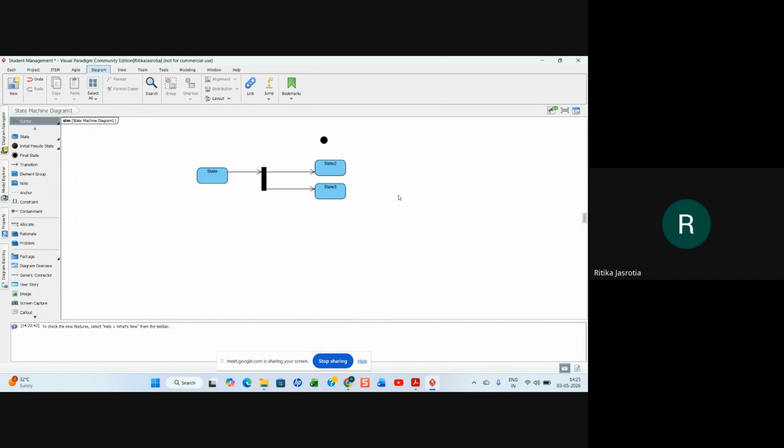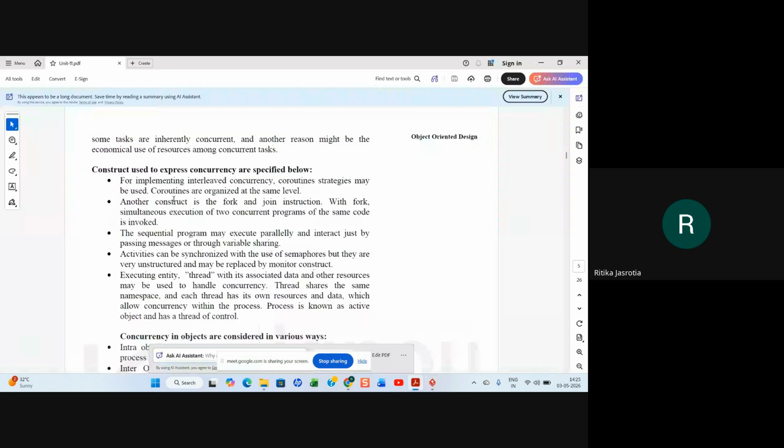So this is known as fork and join, that from one state two parallel states are coming out. This is known as fork, and there is another thing also apart from fork, this one. Then this is join. That means two parallel activities are joining into one. So fork is there and join is there, both are there. So these activities, what they are talking about, interleaved fork and join will be another construct which you can draw, that two parallel things are going on. So parallel things or parallel programs, if you have to show the different functions or different modules you can make that.